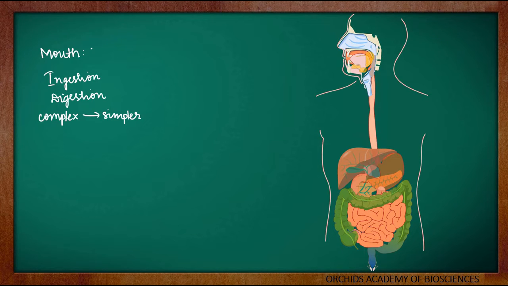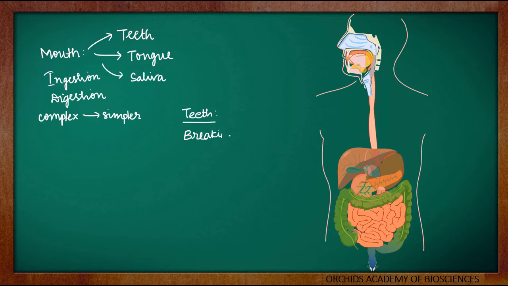For that, we should first know what are the parts there in the mouth. They have teeth, tongue, and saliva. The teeth is responsible for breaking down the bigger molecules of food into smaller ones. So big chunks of food will be broken down into smaller pieces by the teeth. So the food which is broken down by the teeth into smaller pieces